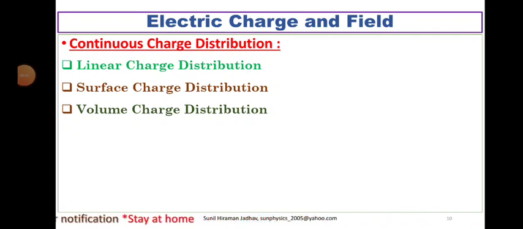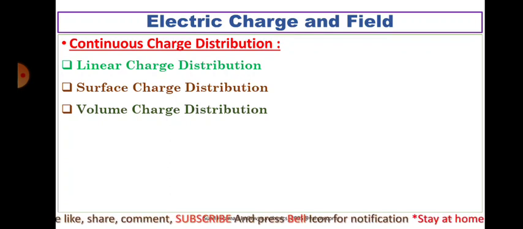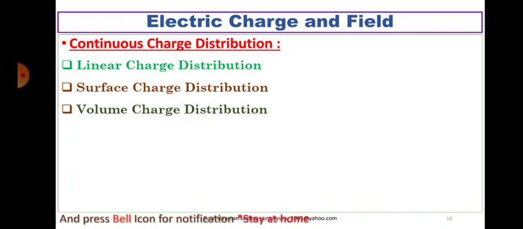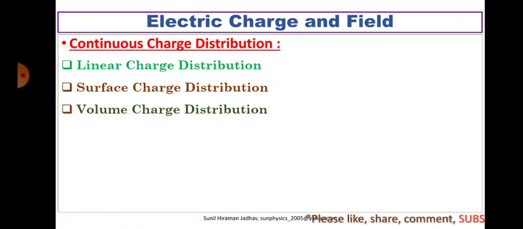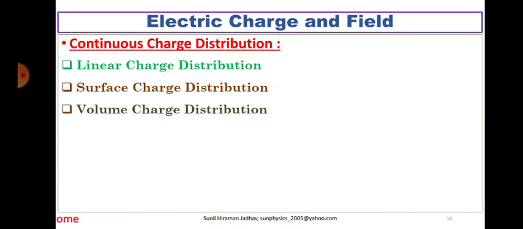So far, we have discussed so many factors, properties, and articles in this chapter. But mainly, we have investigated all of them by considering charge as a point charge. In reality, every time we will not have a point charge; the charge may be distributed in different ways. Accordingly, we have the concept of continuous charge distribution.